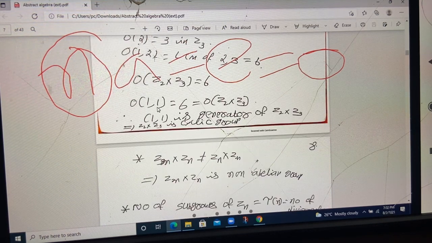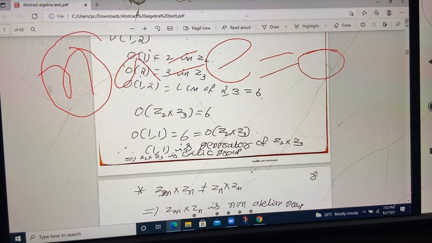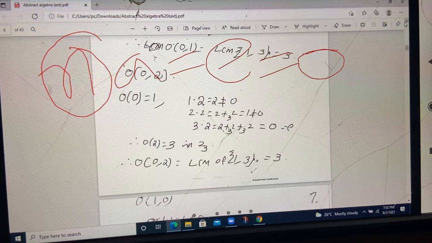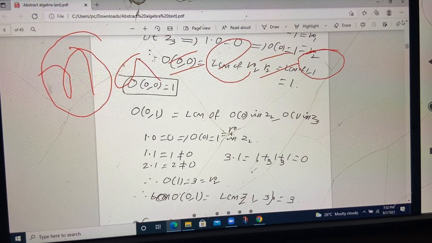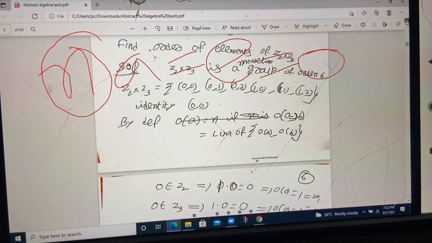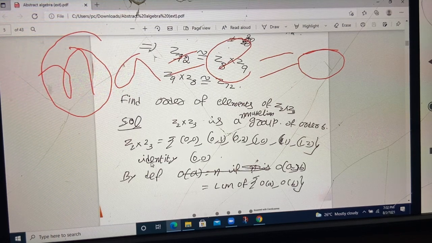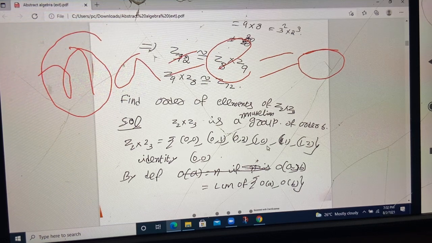So the order of (1, 1) is 6, which is equal to the order of Z2 cross Z3. What is the order of Z2 cross Z3? 6. So (1, 1) is an element in Z2 cross Z3, and the order of (1, 1) is 6. Therefore, we can say that